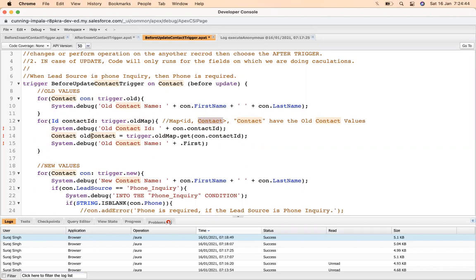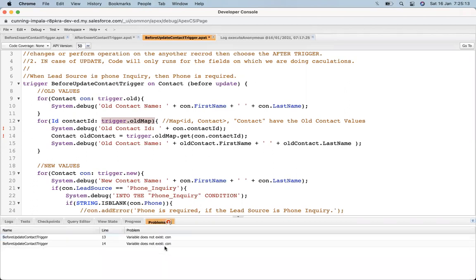So from that I extract the old contact, and let's take out the first name, and it becomes old contact dot last name. Just like we are getting the trigger dot old map, we are also getting the trigger dot new map. And what is the error?